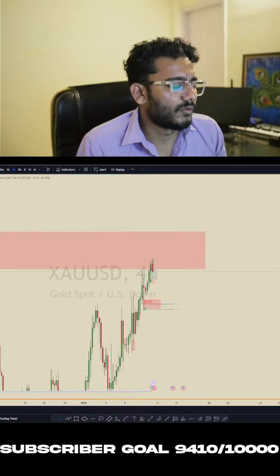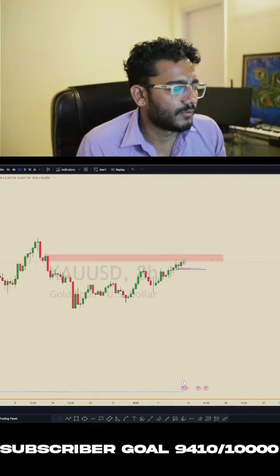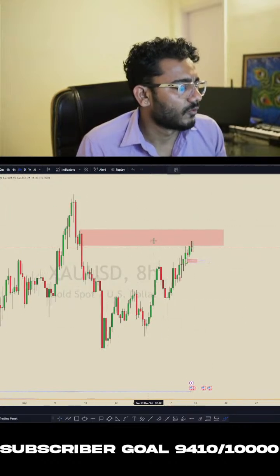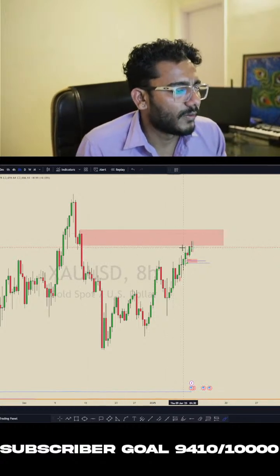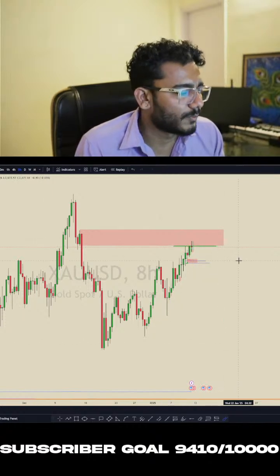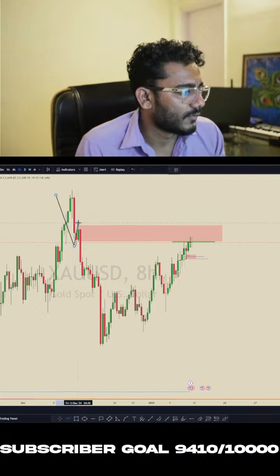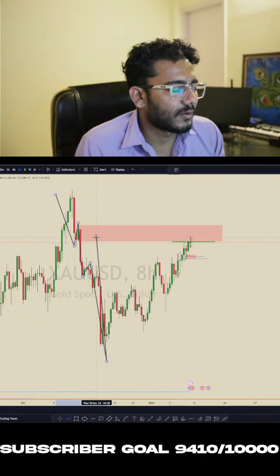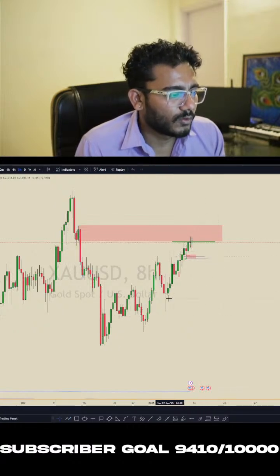What you have to think is, if you are doing intraday, instead of thinking like this, what many people do is they think there is an 8 hour order block, so we will wait for price to tap here, then look for a sell side entry, and most of the time price will hit their stop loss. So what you have to do is look for if price creates this low. If price has created this order block, we know there are some orders left and price will go there. We don't care whether price will react from this order block or not. We know that price will go there.